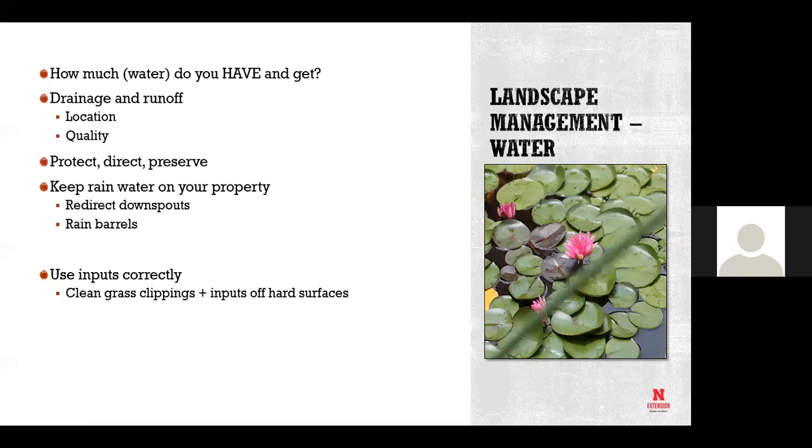That's a big one. Yeah, you definitely want to make sure that when you're mowing, you're collecting the clippings that are not going on the sidewalk, brushing them back onto the turf. You don't want them running off, or coming off the sidewalk into the sewer system, off the hard surfaces. Your fertilizers, you don't want them to go off onto the hard surfaces. So you really want to be very cognizant of where that water goes, what's on your hard surfaces, and where those items would go if there is a rain or snow or any kind of sprinkler system, irrigation system, overwatering onto the sidewalks or what have you.